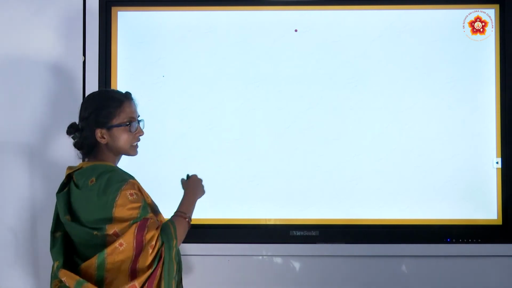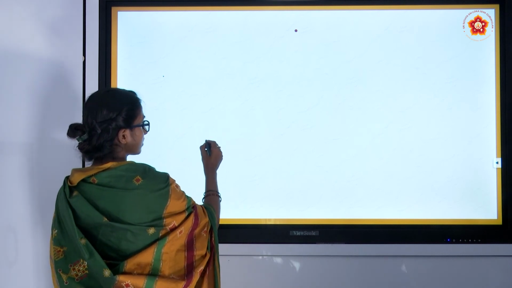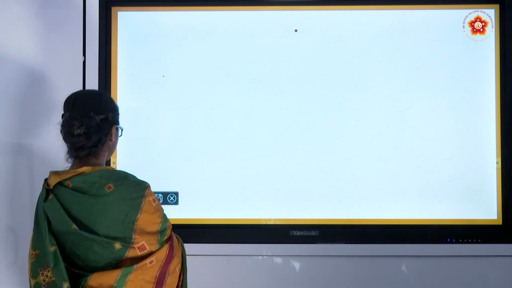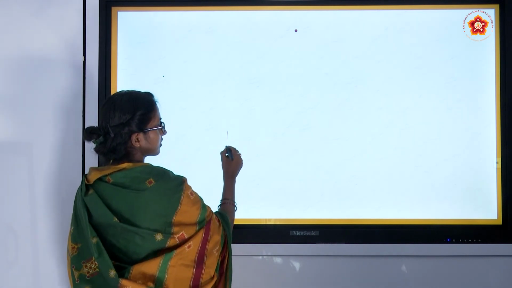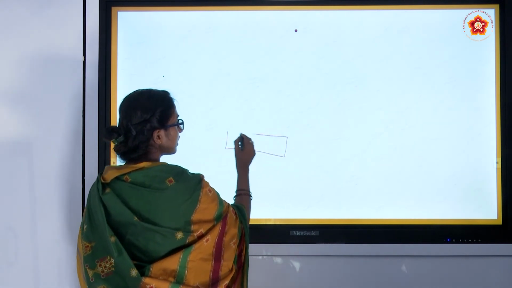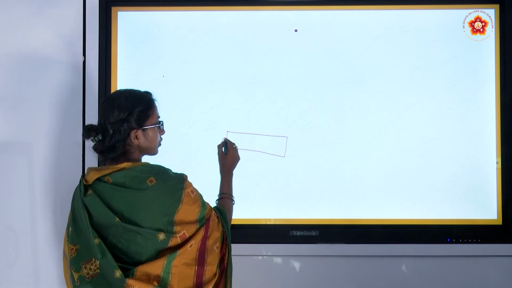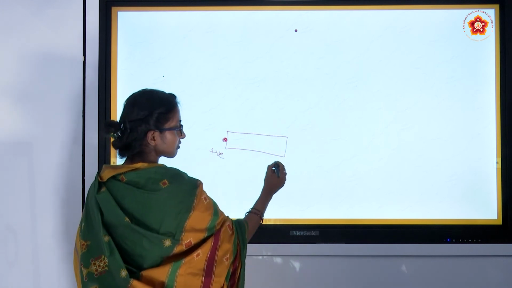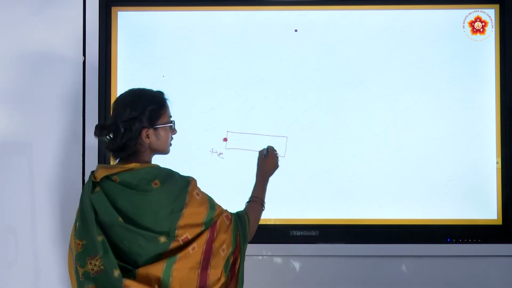How to make the connection, I'll show by drawing. Think this is an electric cell, positive end, and the flat surface will be the negative end.